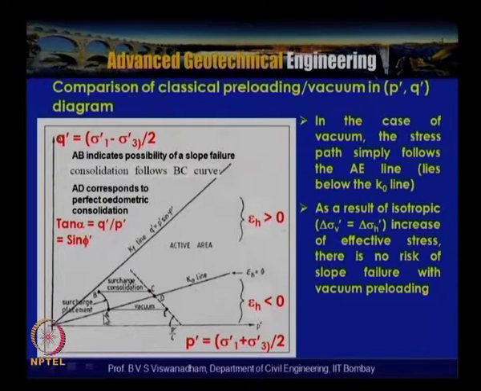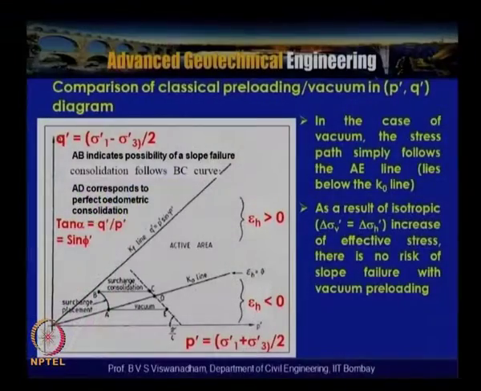So once it touches here, then there is a possibility. That means, as we discussed in the previous problem, if the heights are very high and we do the preloading on soft clays, there is a possibility of instabilities which can occur, and base failures can come. When the failure does not occur, the BC line indicates the subsequent surcharging consolidation.